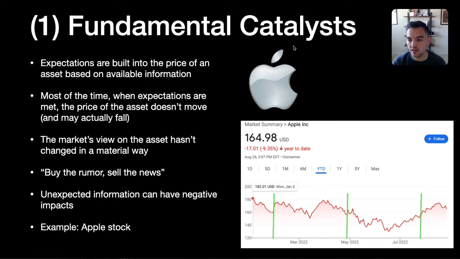So I have a chart here of the last three earnings releases, the green lines, and you can see back in January, the stock was actually kind of dipping, and then with the earnings release, there was a bump. So we did see a bump. It looks to be about $15 or so per share. Part of that was due to the fact that it was record earnings for Apple. So I think that's a good example of unexpected information that can shift the stock price or shift the expectations